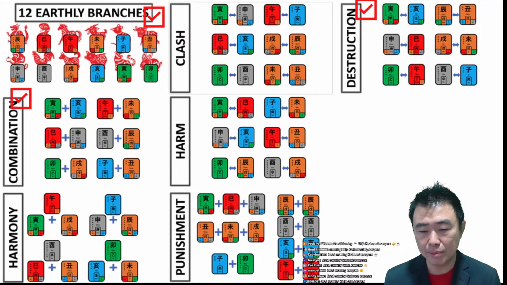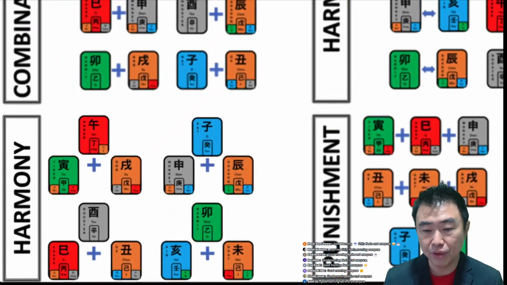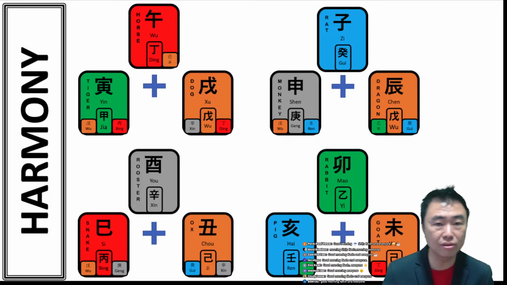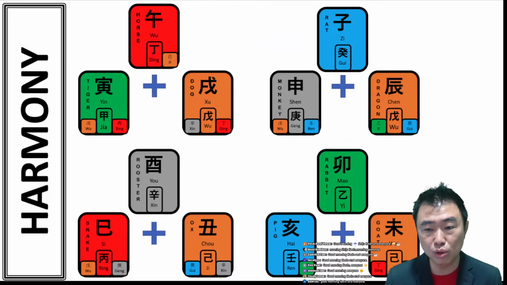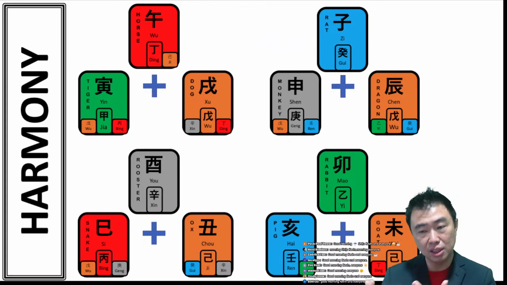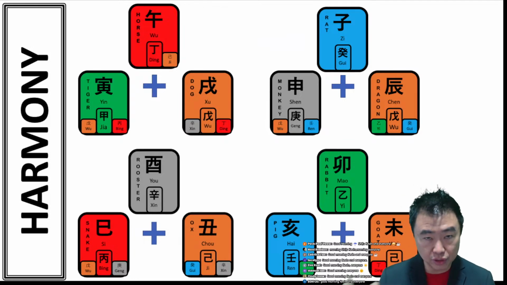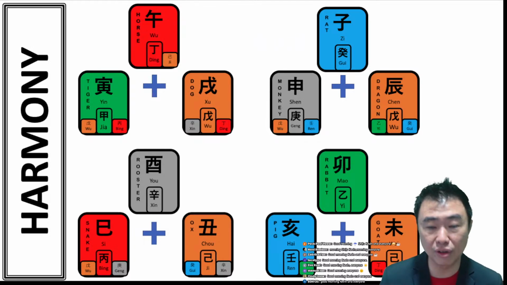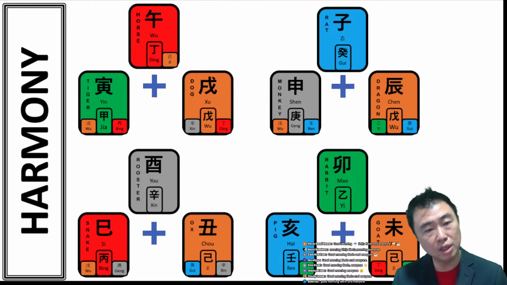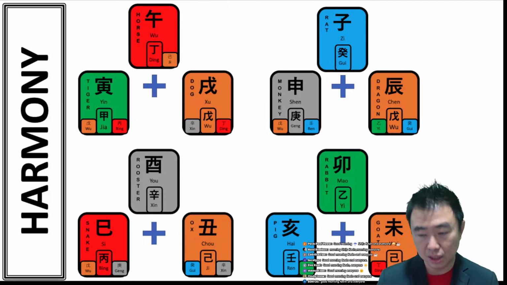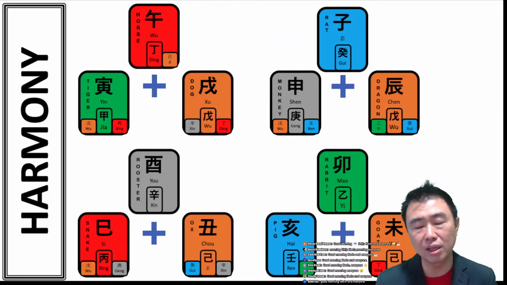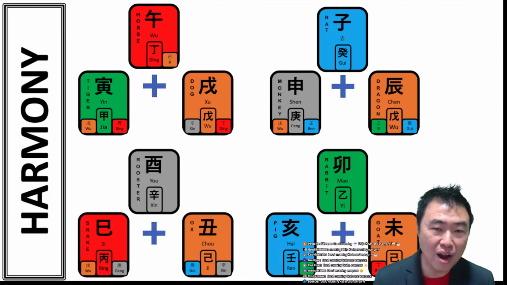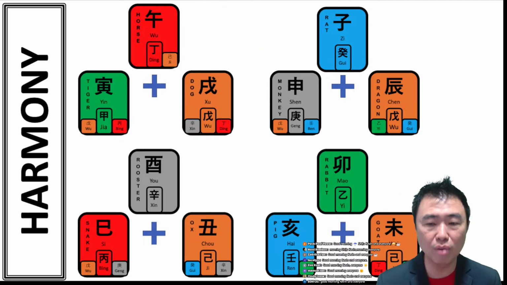All right. So come, let's go in and take a look at three harmony, right? So this is basically the three harmony, right? Just to let you all know, the tiger, the horse, and the dog form a three harmony. The monkey, the rat, and the dragon form a three harmony. The snake, which is this year, 2025, snake, rooster, and ox form a three harmony. The pig, the rabbit, and also the goat form a three harmony, right?